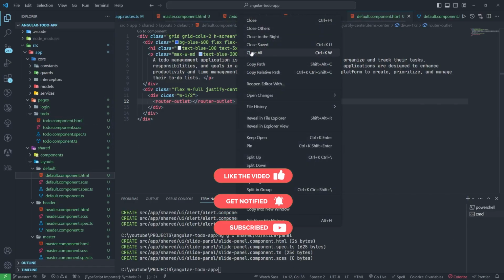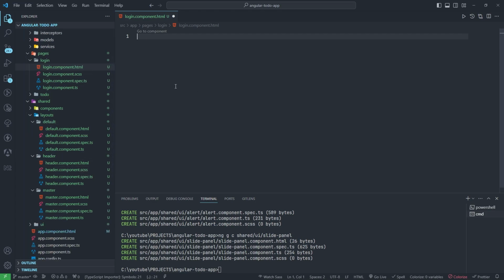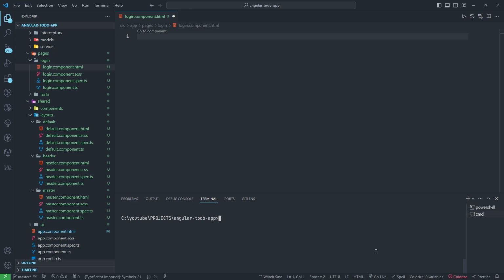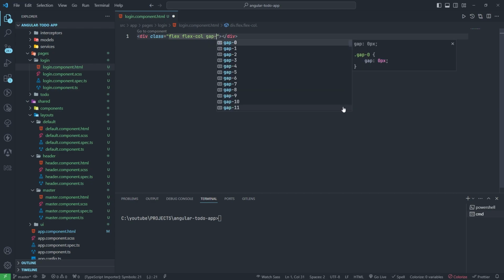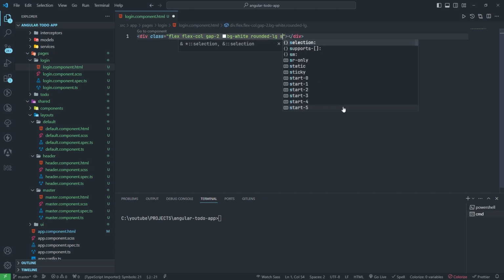Okay, so in this login component, what we need to create? We need to create a form. Okay, so form also we need to add here. We already have done in the last videos, so the same part we need to do. Okay, so first of all, I want to add some, but I need a shared component because the card shape I need, right? So what I want to add here is, okay, not because I don't need anywhere, so I will add flex col gap, I want to add 2. Okay, it's fine. BG white, rounded shape, shadow part also I need to add,